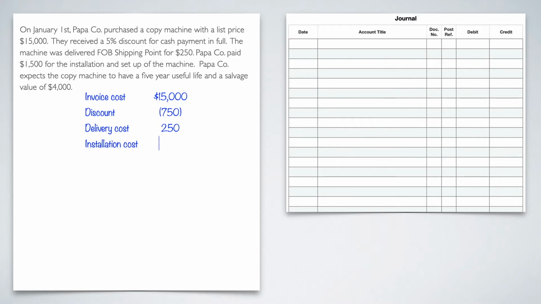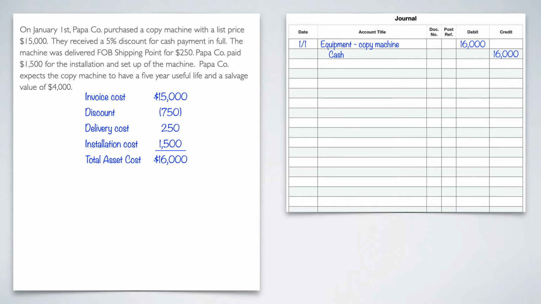And that's everything. We included everything in this one, minus the useful life and salvage value that comes later. If we add that up, that's going to give us a total asset cost of $16,000. So that's what we have to put it on our books for. We need to go ahead and create the journal entry for this. This will be 1-1. We will debit the equipment account, copy machine, of 16,000, and then we will credit cash because that's what we paid. That's just the journal entry to bring it in. That's what we put on our books for.